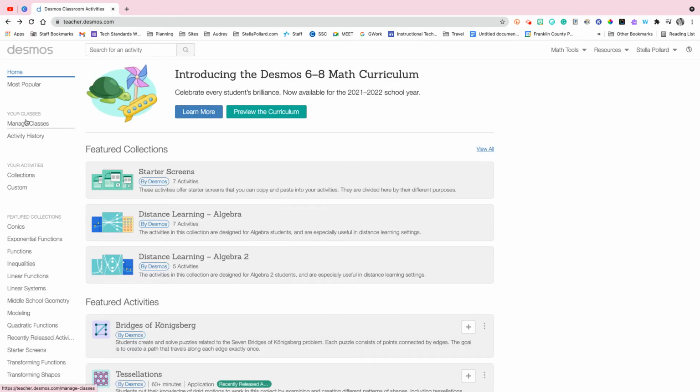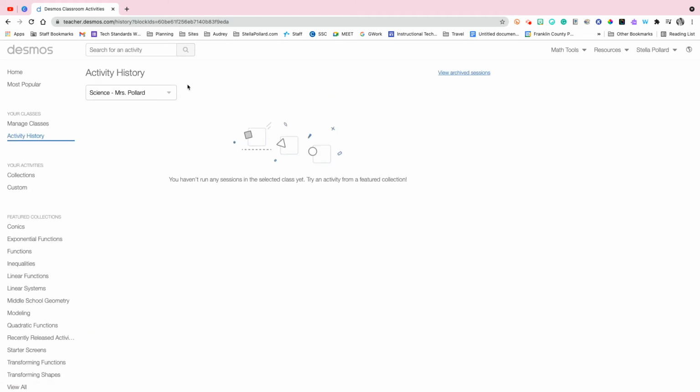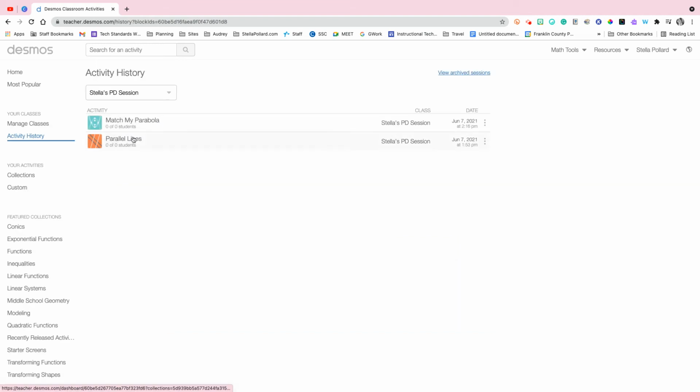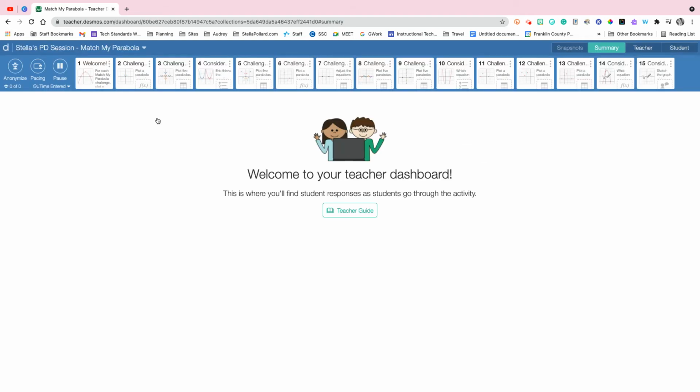At any point in time, I can go to manage classes and I can see all of my assigned activities for each class. And if I click on one of those, I'm going to be able to see any of the sessions that I have assigned to that class. And if I click on the title of one of those classes, I'm going to be taken to what's called the teacher dashboard, where I can see my students working in real time and I can be watching their screens